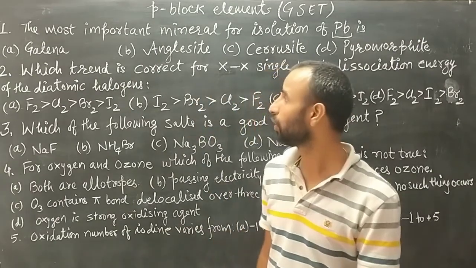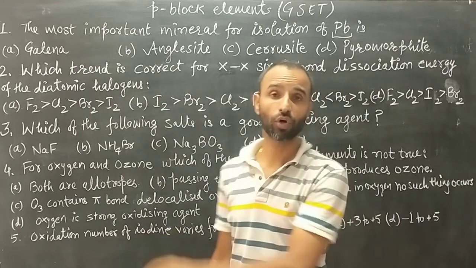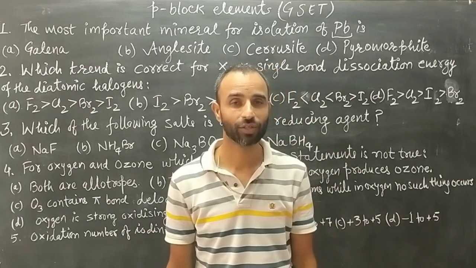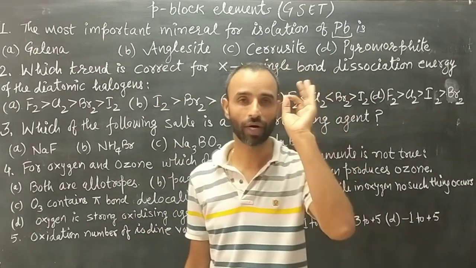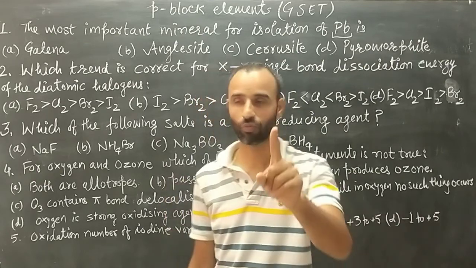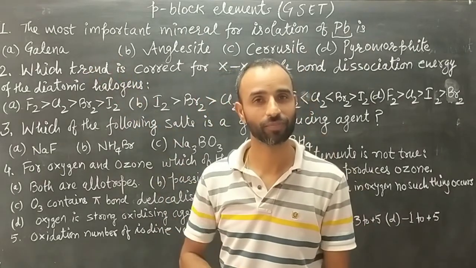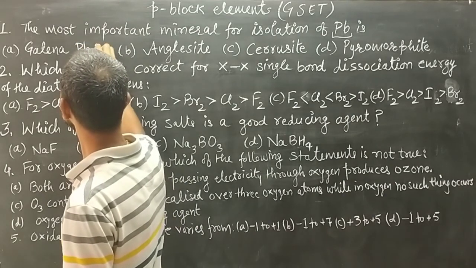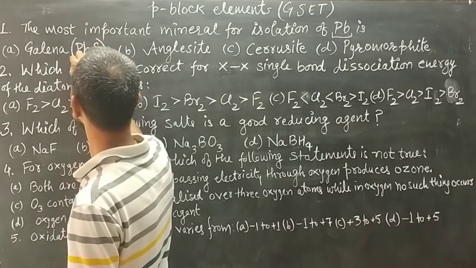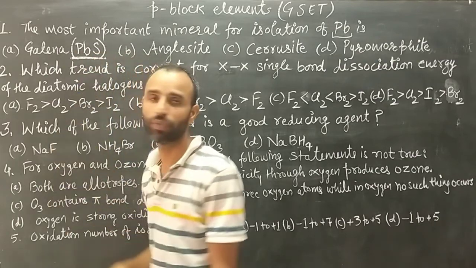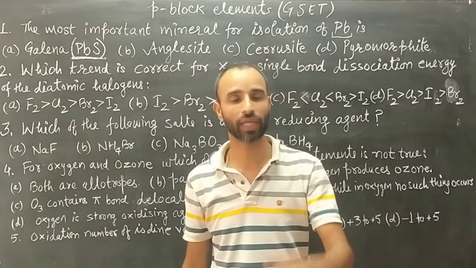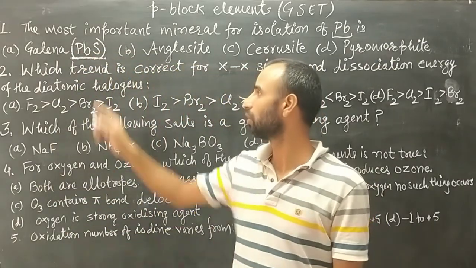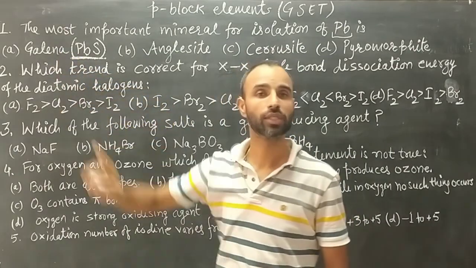So you know, if we talk about lead, first of all in our mind comes galena. Galena is PbS, lead sulfide. So in most of the cases when lead is mined, main component is galena,